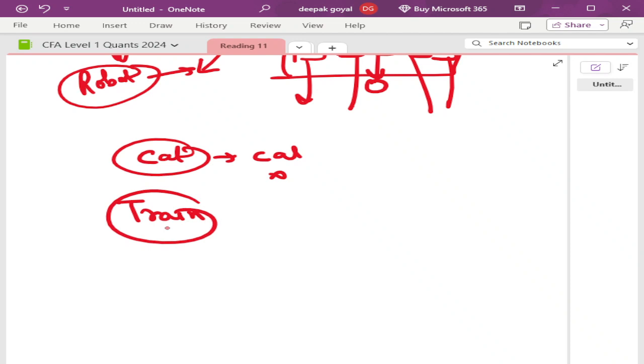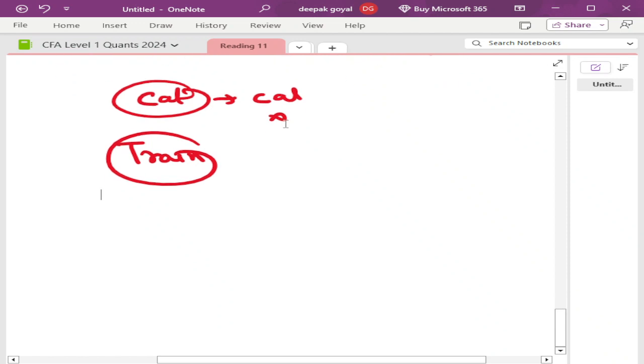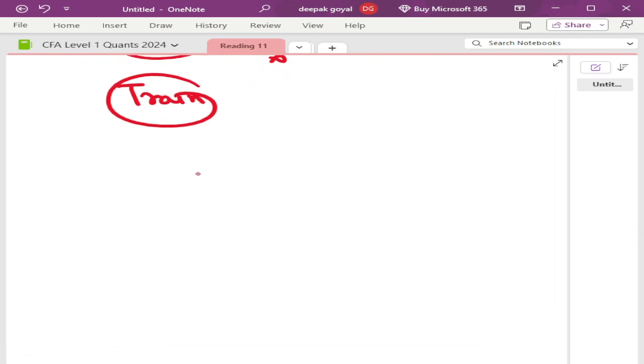Clear? So what will happen, we will tell the robot that see, this is cat, this is not cat, this is cat, this is not cat. Clear? So we also tell which photos have cats and which do not. Clear? Now robots will look at the pictures and start learning how to identify a cat. Clear? So number one is collecting the data, number two is the training, number three is validation.